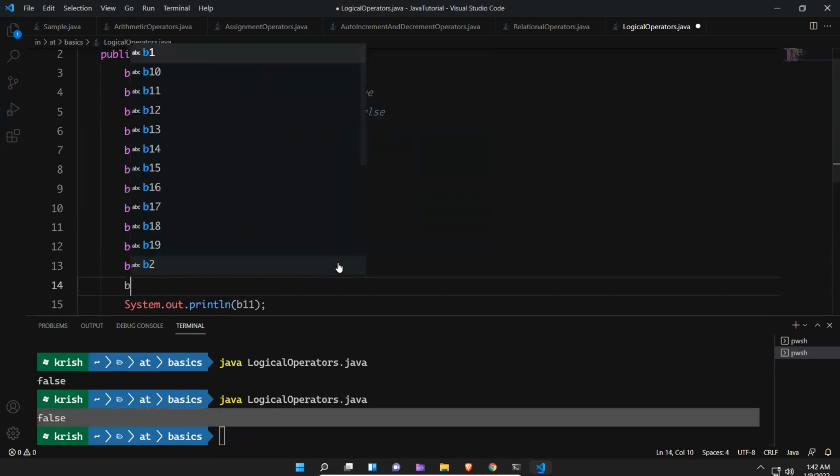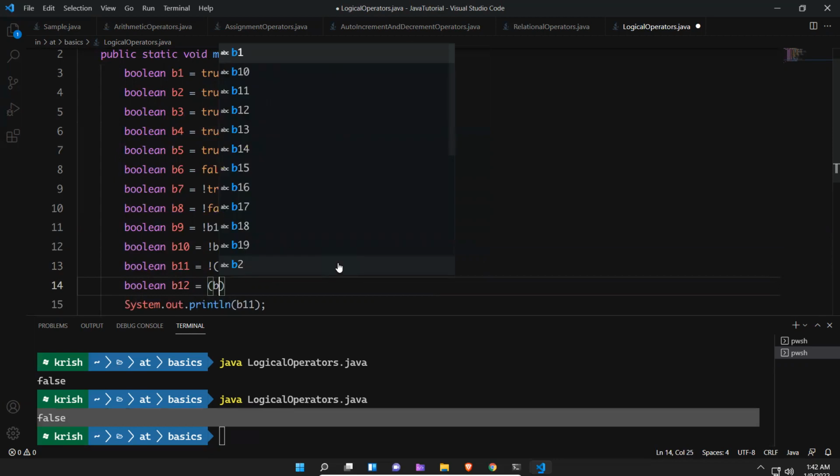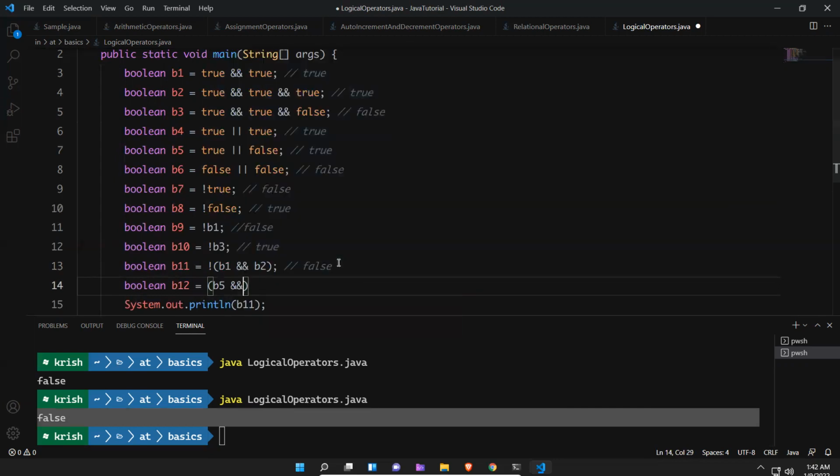Okay. Now Boolean B12 is equal to, again B5 and B6. Okay. And here an exclamation symbol. B5 is what? True. B6 what? False. True and false will become false.